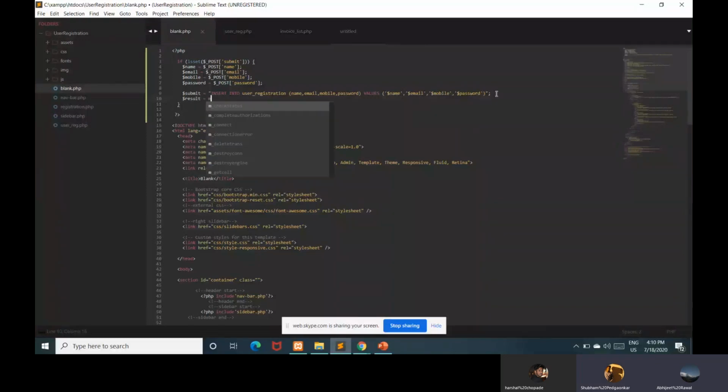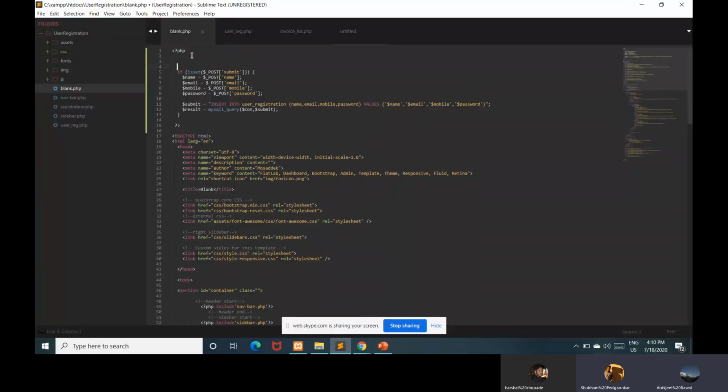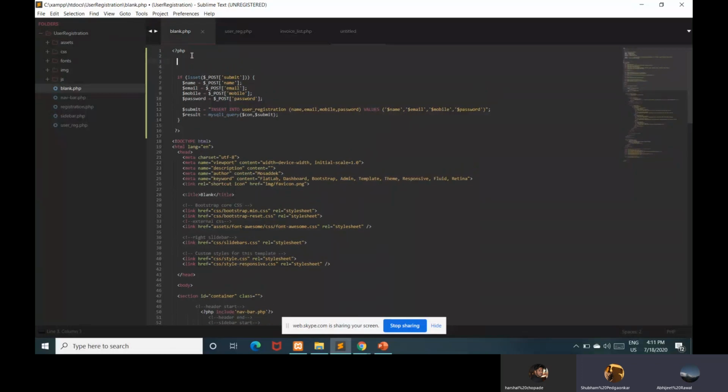Now dollar result equals to mysqli underscore query, bracket dollar com comma, comma dollar query. So dollar submit. Okay, so before heading forward, we need to create a connectivity, which is the most important step in